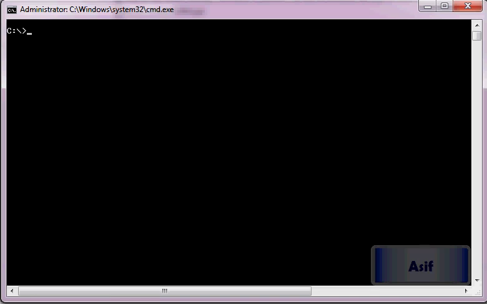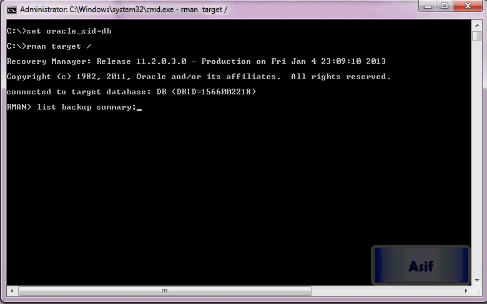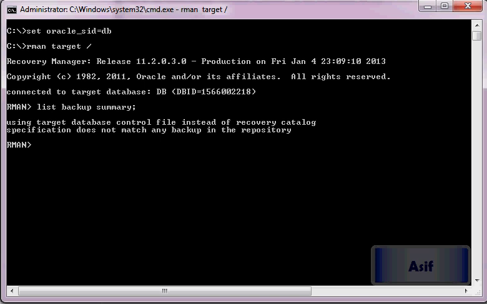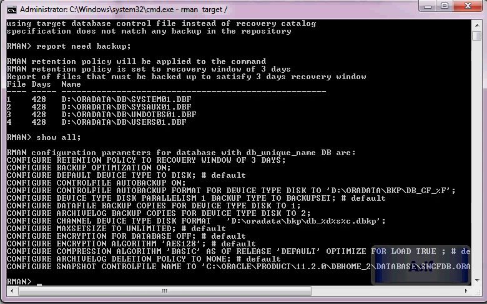So let's get started. I'll set Oracle SID is equal to DB, and connect with RMAN in no catalog mode. Then list backup summary, nothing is there. Report need backup, of course, show all. So if I say backup